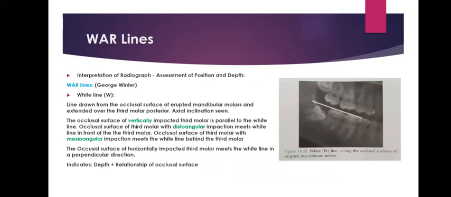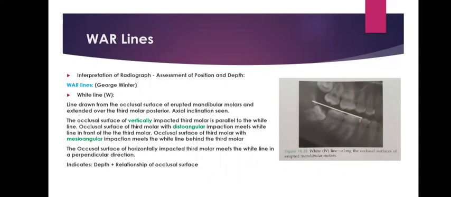Now, firstly, the white line. The line is drawn from the occlusal surface of the erupted mandibular molars and extended over to the third molar posteriorly. Axial inclination is seen here. Now, the occlusal surface of a vertically impacted third molar is parallel to the white line. As you can see in the diagram on the right, the occlusal surface of a third molar with distoangular impaction meets